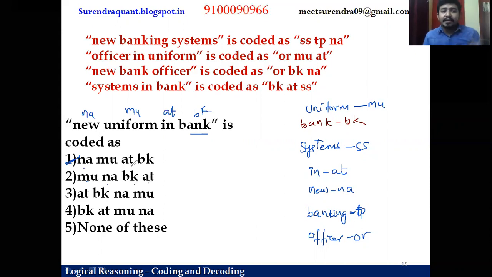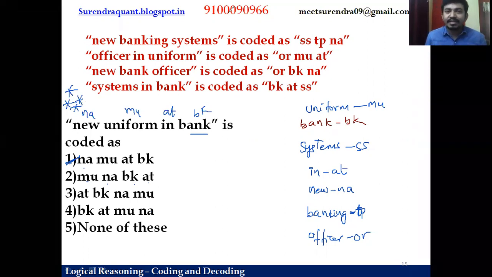They are present, but sometimes try to give the priority in a sequence. If they don't have it in a sequence, then we'll go for alternatives. Here all are having the same BK at MU na. This is one of the very important questions that I wanted to highlight. Sometimes all options may have the same decoded words, but give first priority to the words which are in sequence. If the sequence is not there, then we'll go for alternates, right? Let's continue, friends.